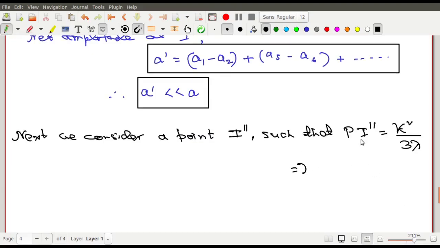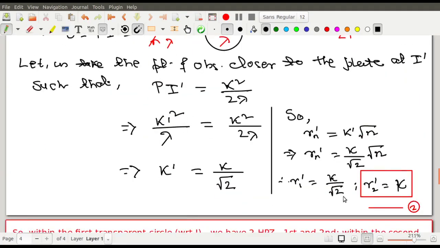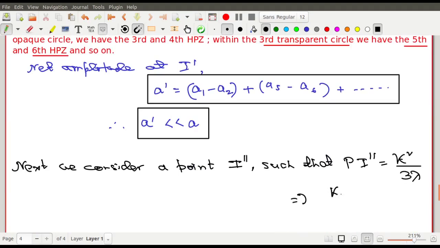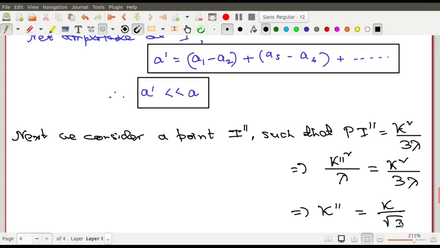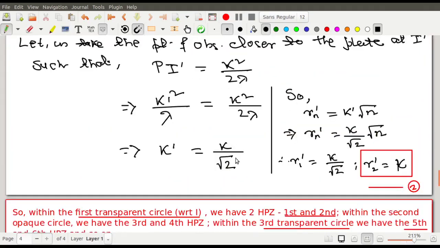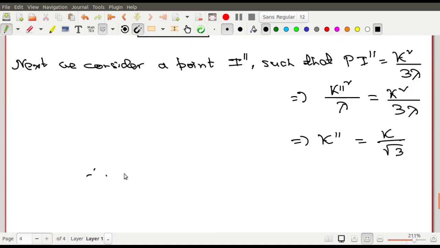Now this pi double dash, in the same manner, I will not break the mechanism. I write it as k double dash square by lambda, and this is k square by thrice lambda. So that comes out to be k double dash equals k by root over 3. Just check me. So this was k by root over 2 and now it is k by root over 3. So therefore you have your Rn